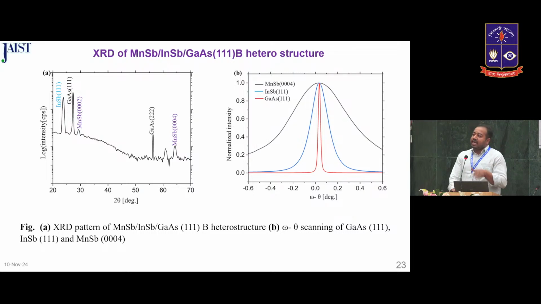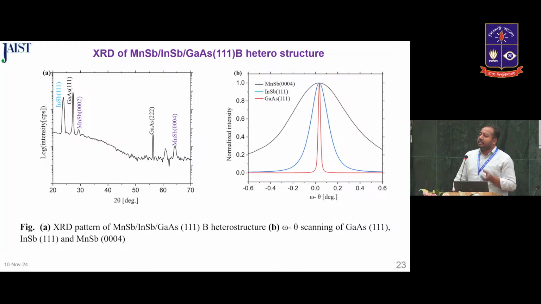Here we also checked the AFM, but in the AFM we found that the upper layer, that means the manganese antimonide layer, showed very large roughness, especially 28, double that of the single lower layer. So we think that there is some deformation or that the dislocation density is also very high in this case. So we are also now using some techniques to solve these issues, as well as we also measured the SQUID